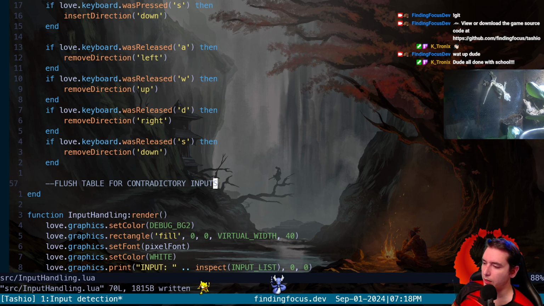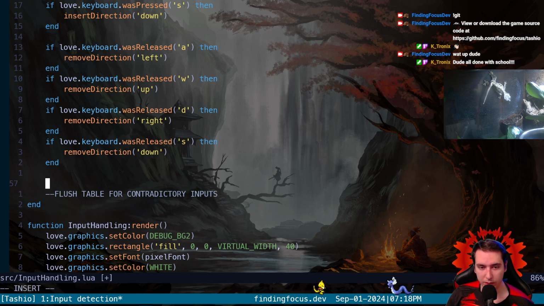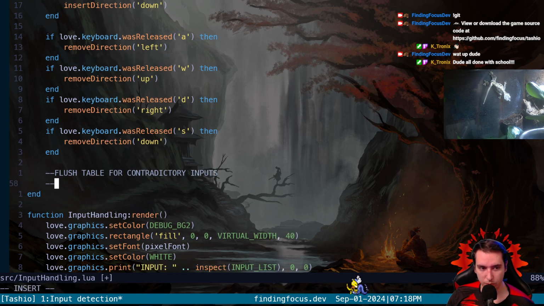Since we don't know what order the buttons could be pressed in, and we know left and right is a contradictory input, maybe we can just do